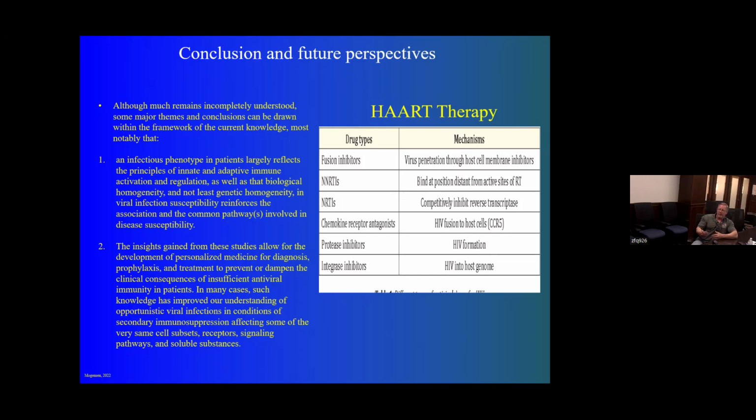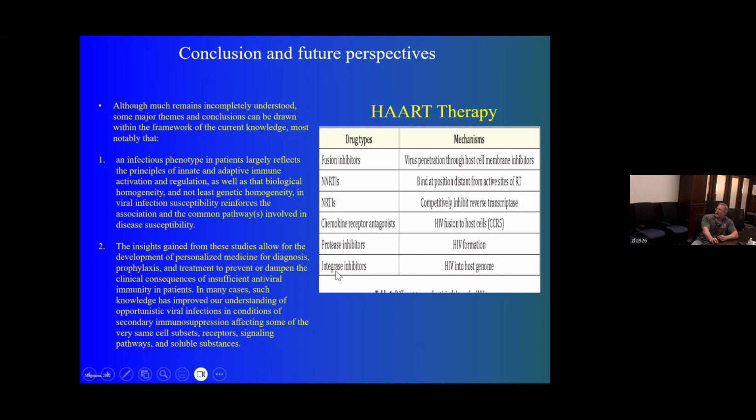And this allows us to generate not only a new class of drugs that can maybe help extend the lifespan of this person, but it also expands our understanding of the life cycle of the virus in general, which may allow for further opportunity, as we've taken with HIV, to interfere at other segments of the life cycle to allow the host to survive more. So we've got chemokine receptor antagonists that can block CCR5. We've also got protease inhibitors that can help block the formation of the virus itself. We've got integrase inhibitors. HIV is a retrovirus, which means it has to integrate some of its genome into the host cell. If you can block that process, you will stop the infection.